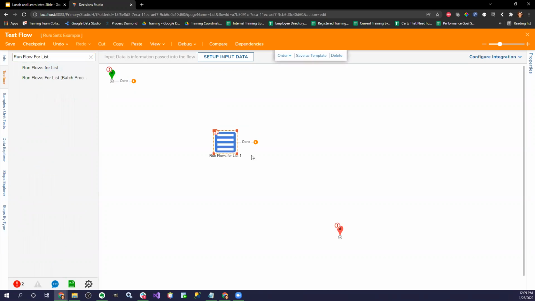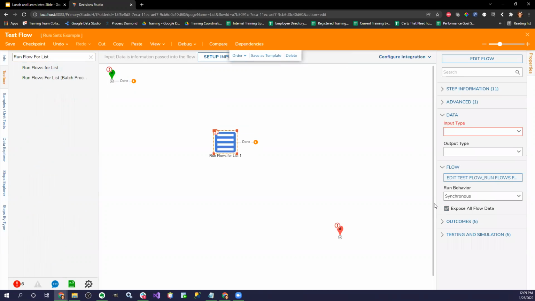The cool thing about this step is it allows you to have a bunch of different types of run behaviors. You can send in an input and you can change the output if you desire, or in your use case, you probably don't want to change the output. You just want to specify an input to pass to it, and you just want it to run that specific rule set.